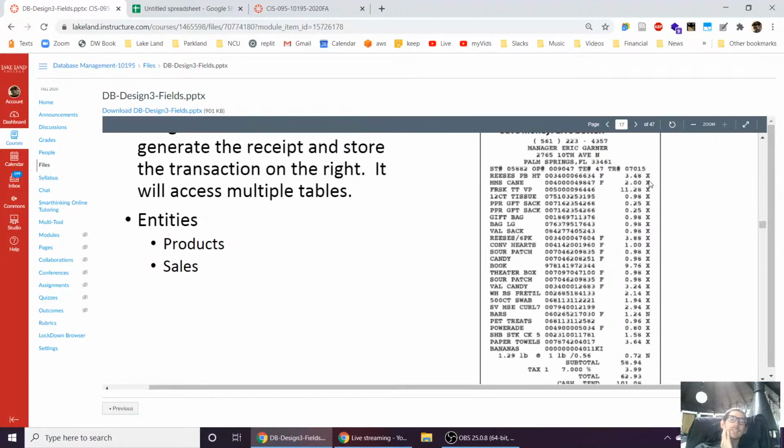And then what is this last one? This is the price. And so it's interesting to me that here they bought 2 paper gift sacks. They have the same name, the same ID number, and the same price, but yet they still list 2 of them on the report instead of saying paper gift sack, 2 at 25 cents, like they do down here with bananas, which might be a little bit different because you weigh them, but